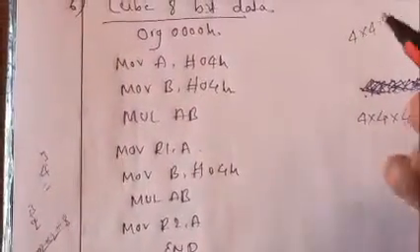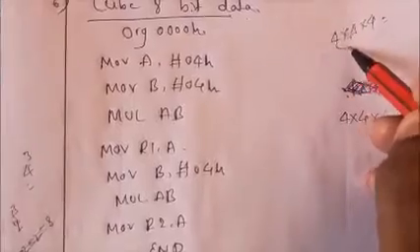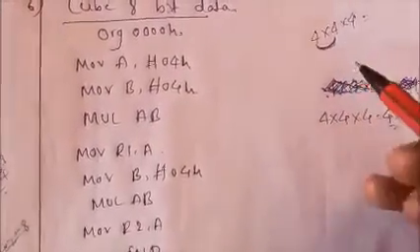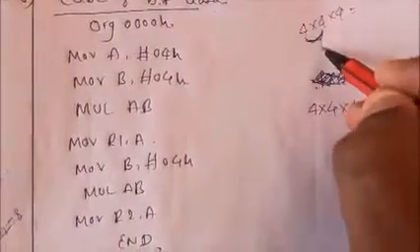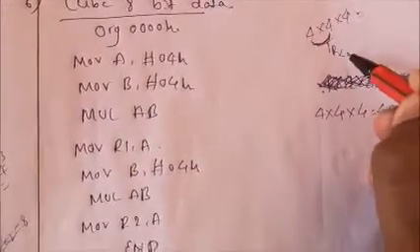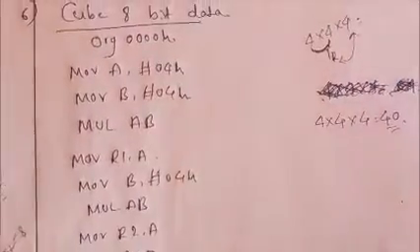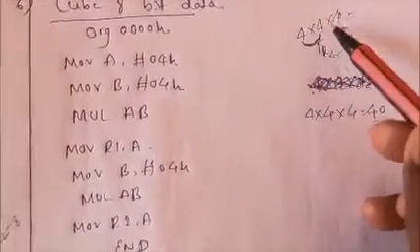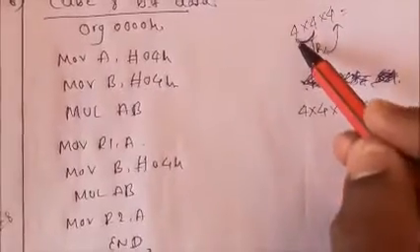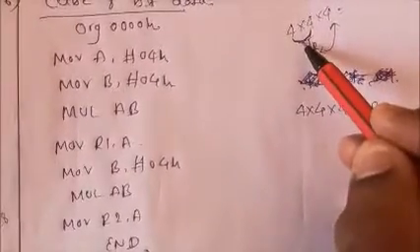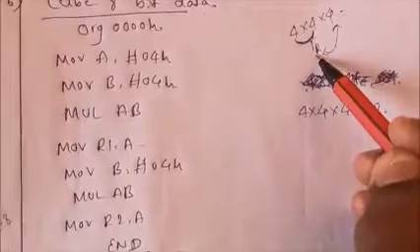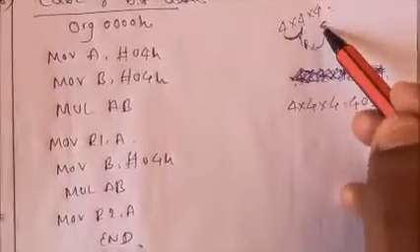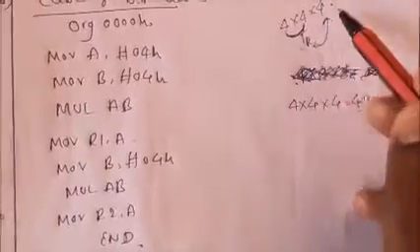So what will happen here? I need to perform the multiplication between the first two numbers first. Listen here. Whatever result you get here, I need to multiply with the third number. This is simple logic: for 4 cube, the same number repeats 3 times. First I perform the multiplication between these two numbers, and you will get the result R. That R you need to multiply with the third number. So finally we get the cube of this number.